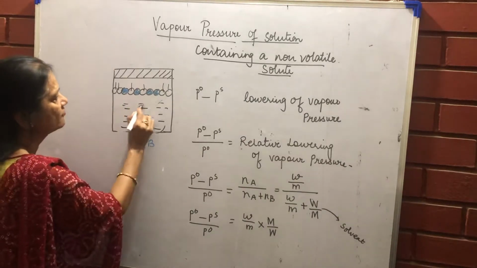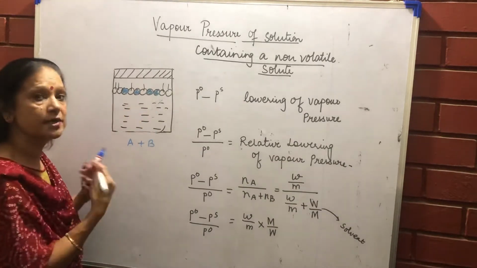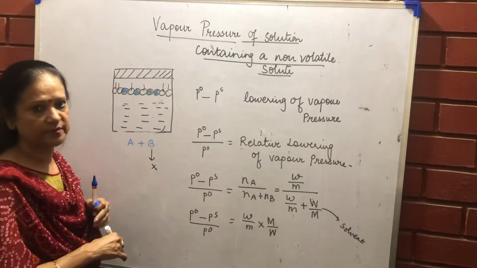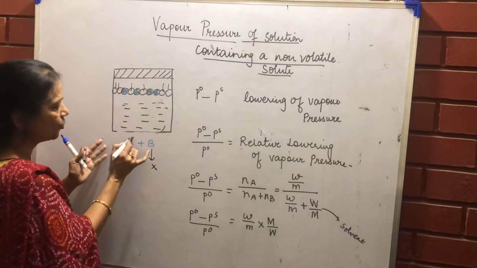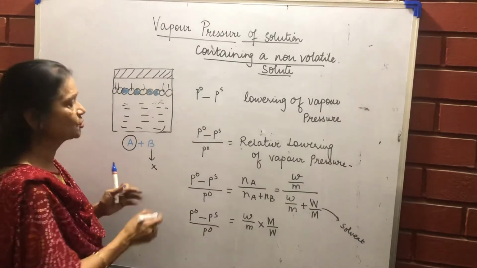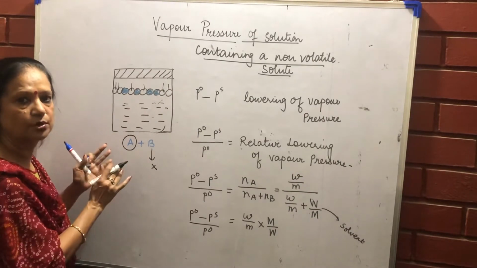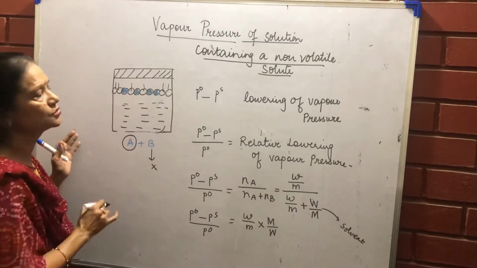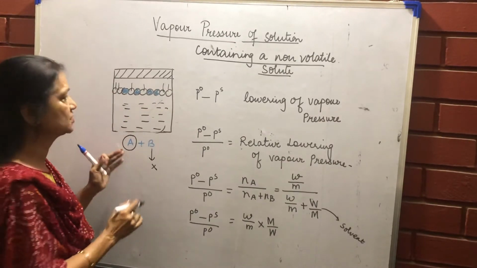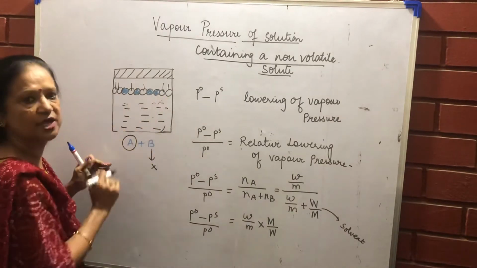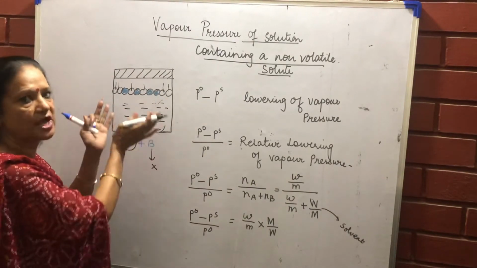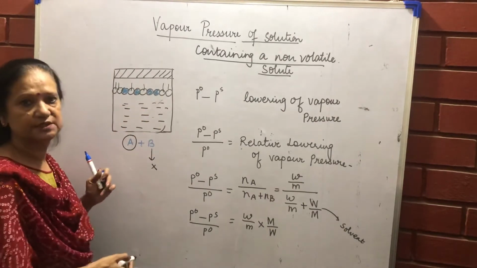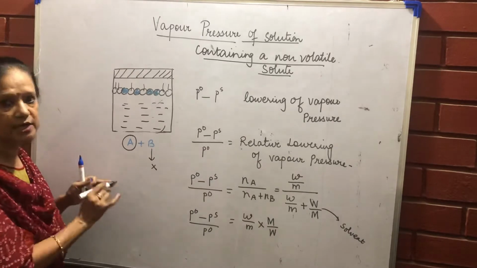So obviously, when I have mixed two solutions out of which one is non-volatile, that is not contributing anything to the vapor pressure. So vapor pressure is depending only on the amount of A. So we'll say it is depending upon the mole fraction of A. On seeing this, you can also see that the vapor pressure has now reduced. If nothing was added, all the particles would have evaporated and all of them would have contributed towards the vapor pressure. Now these particles are not contributing towards the vapor pressure, so there is lowering of vapor pressure.